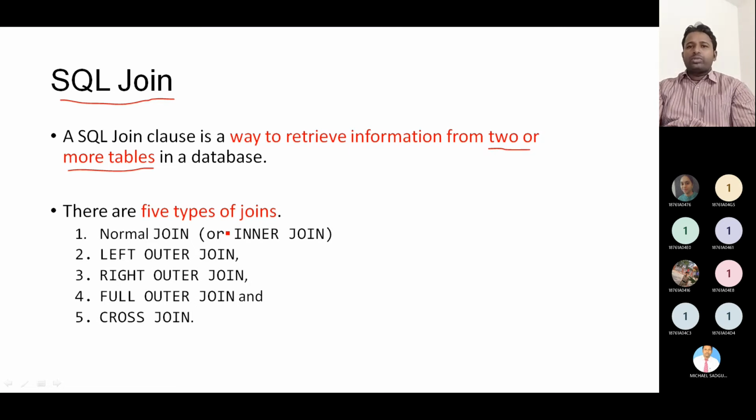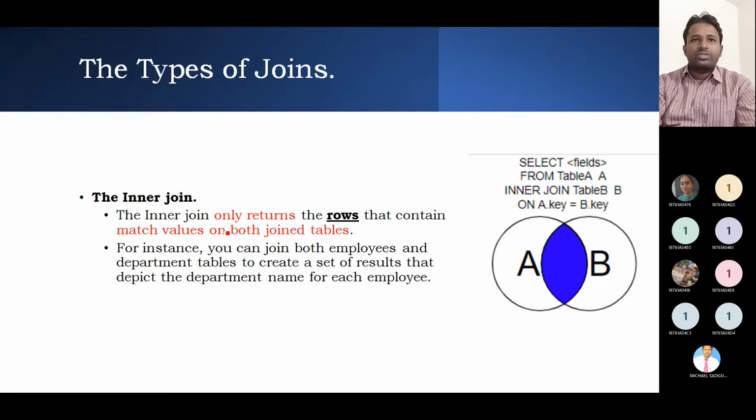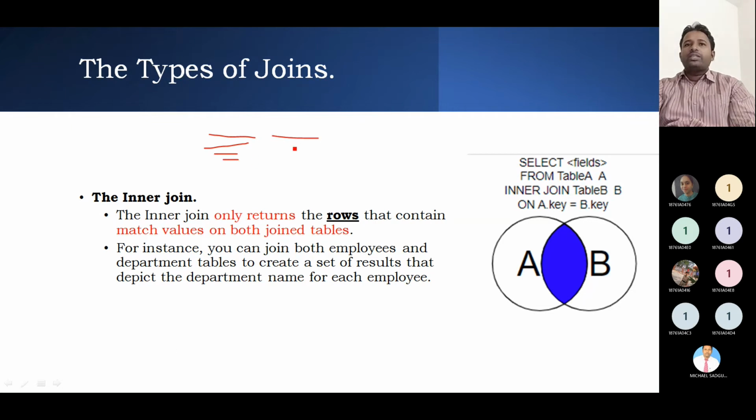We will look into all those things. Moving to the next slide, that is nothing but the first one, inner join, otherwise the normal join. When you are joining, we have to perform Cartesian product. Cartesian product in the sense, for suppose these are the rows in one table, and these are the rows in